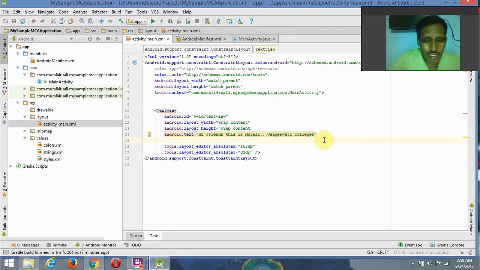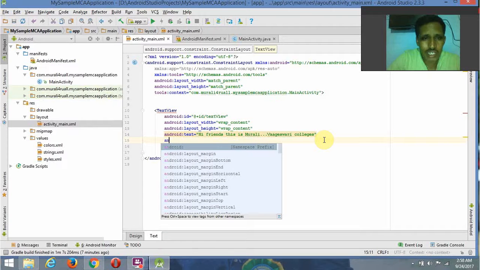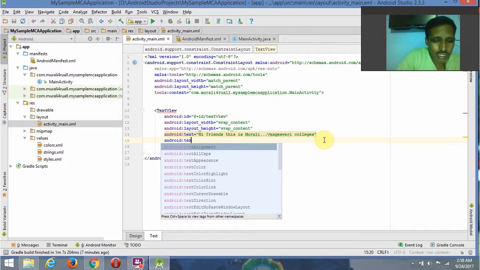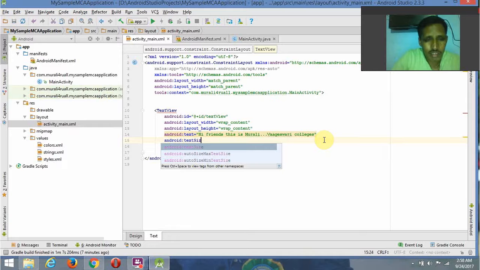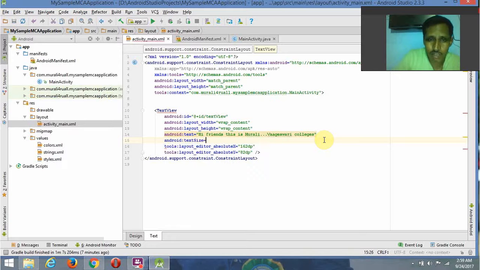Here, for the text size, I want to mention something: android:textSize is equal to some size, and I am mentioning a size as 26sp. And here